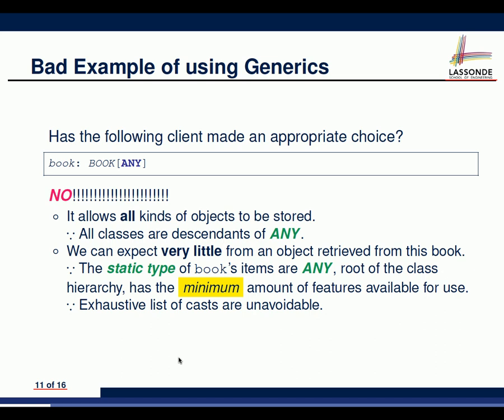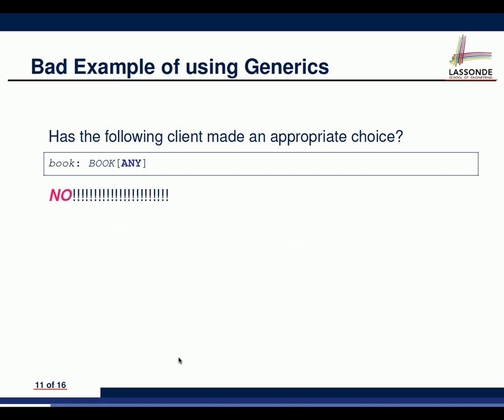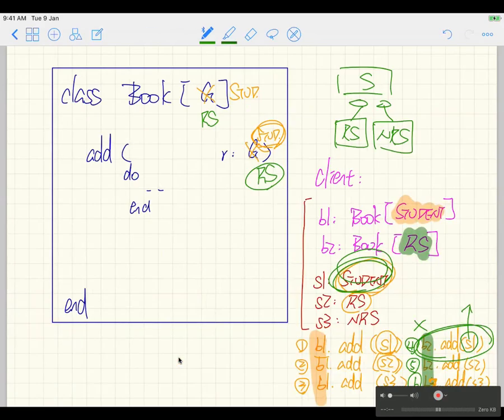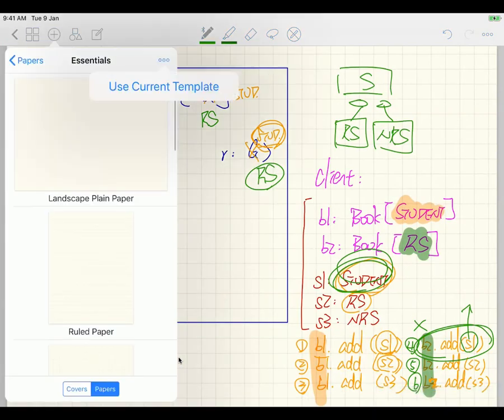I understand that this is bad for violating the single choice principle. But if we use generics, then isn't it too much work for the client? Like, if there are 100 item types, then you will have to maintain 100 instances of book. Think of it this way. So I talk about this particular example here. You mean the book of any, or you talk about generics in general? Generics in general, right? Let me see if I understand your question correctly, first of all. Let me just start a new page. Basically, what you're asking is,